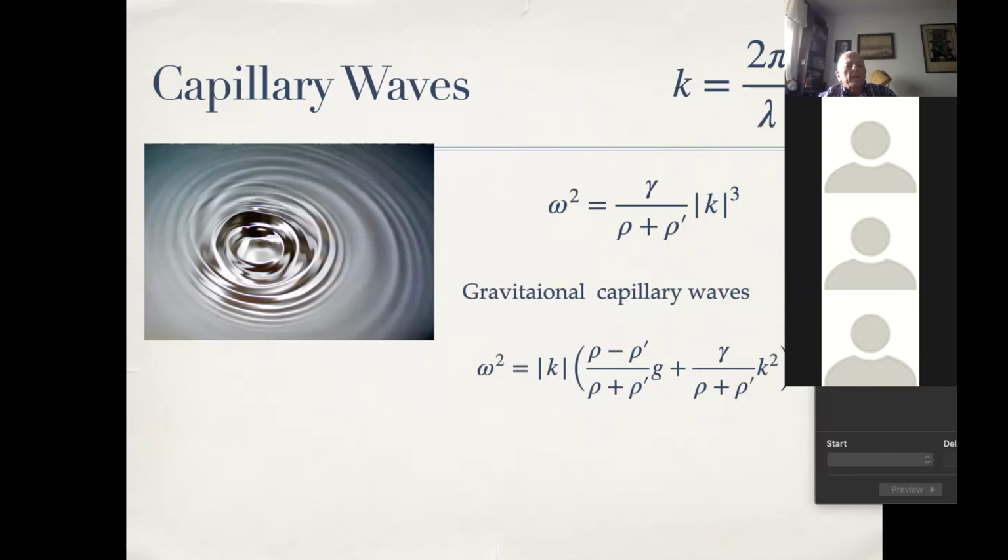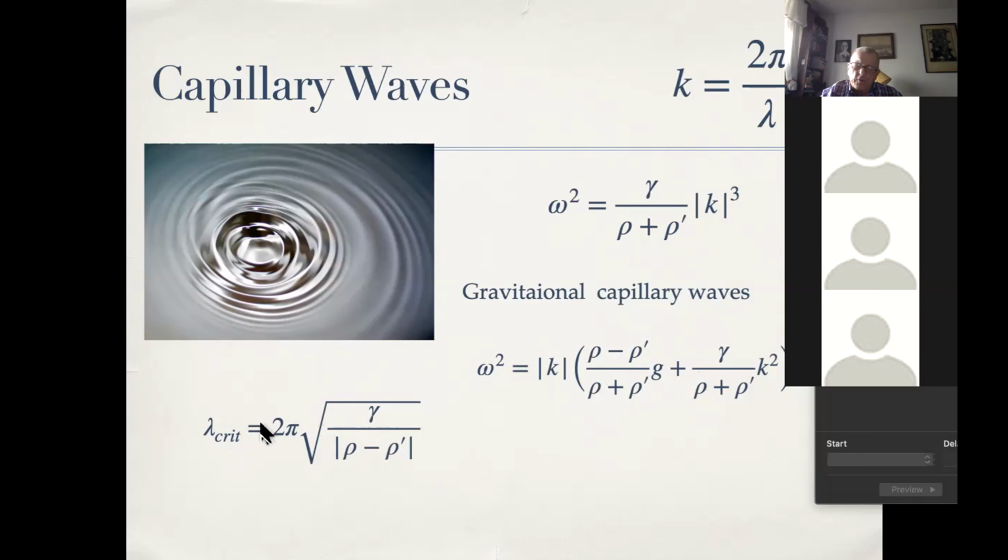The first term depends linearly on the wave number, and the second term depends as a cube. We can easily see from analysis of that equation that there is a critical wavelength given by the square root of gamma divided by the difference of the densities, and because the square root cannot be taken of negative numbers, I put here the absolute value. And for lengths which are shorter,